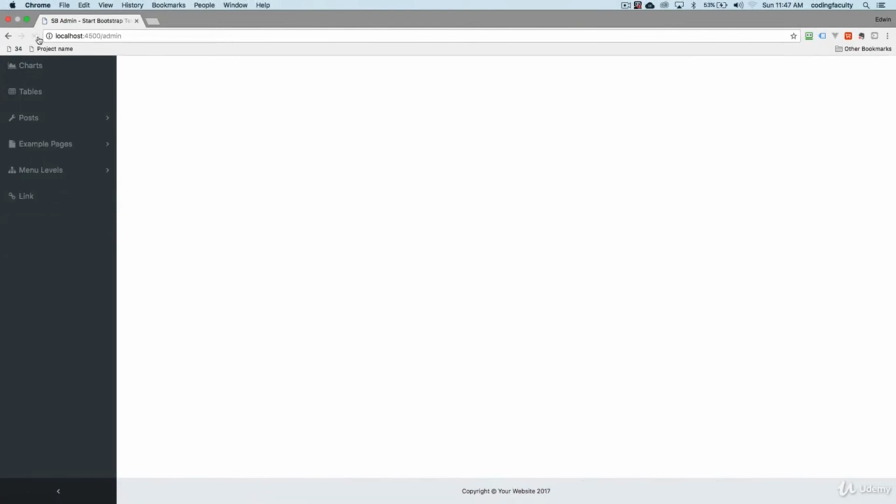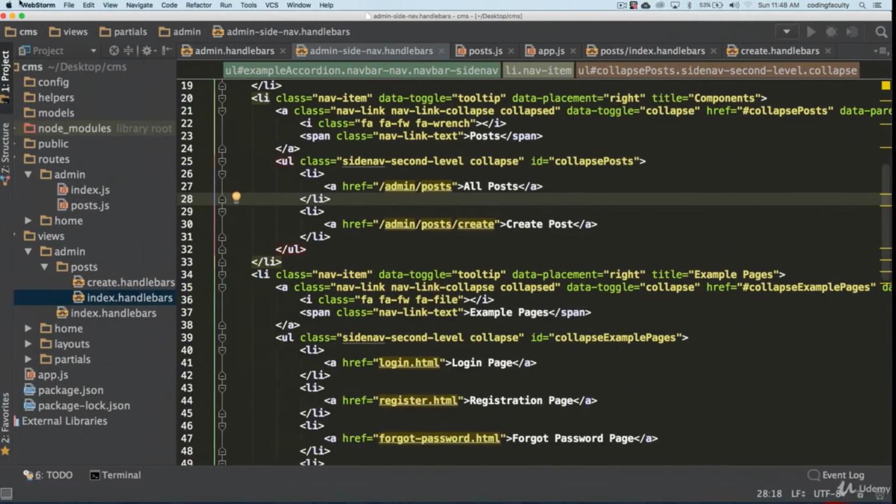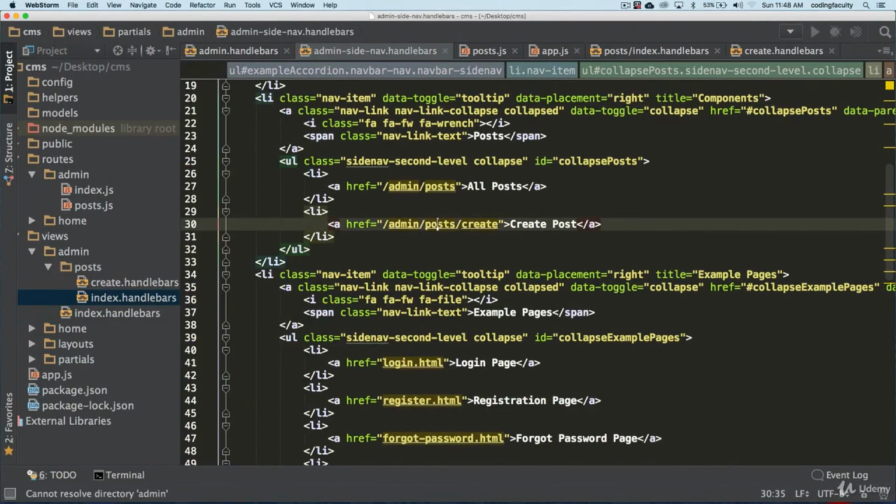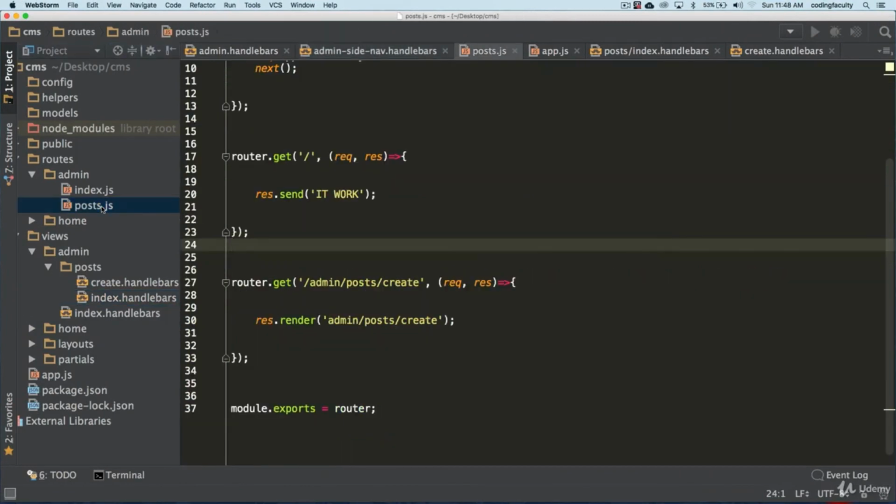So let's refresh and then create posts and admin posts create. That link is not working for some reason. Admin posts create. Let's go back to posts. Oh, you know what? One thing to keep in mind here, guys.